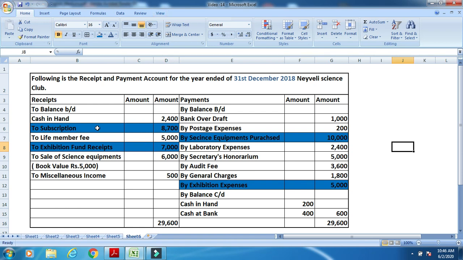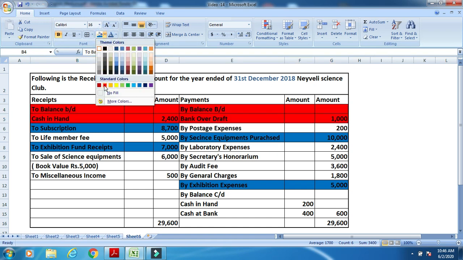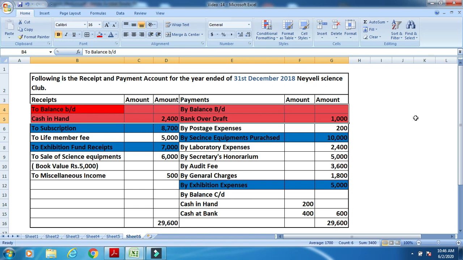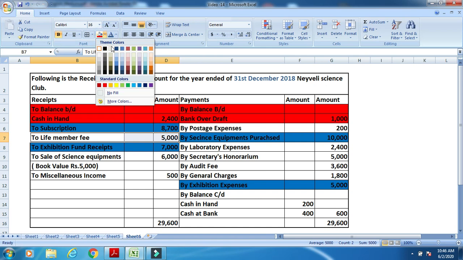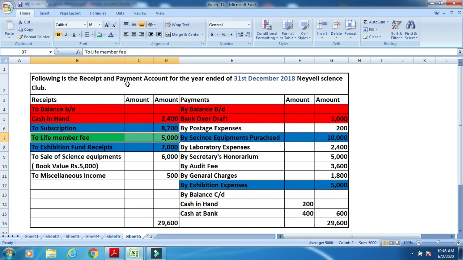Next, go through all the receipts. Here they have already given the opening capital fund. That's why we don't consider any opening balance, because the capital fund is already given. That's why it is highlighted red. Life member fees are non-recurring income and should be mentioned on the liability side of the balance sheet. The sale of science equipment,